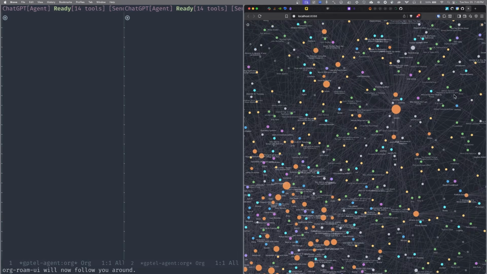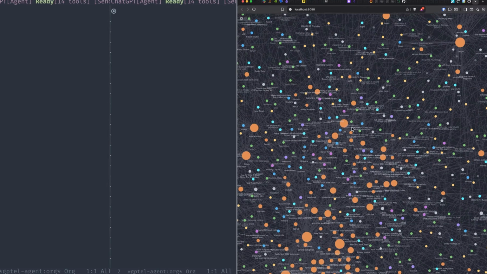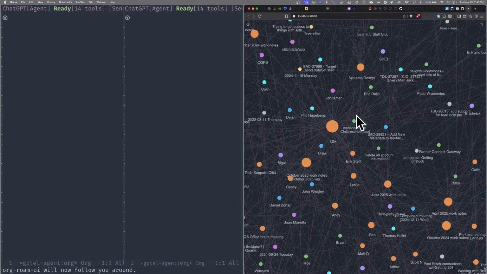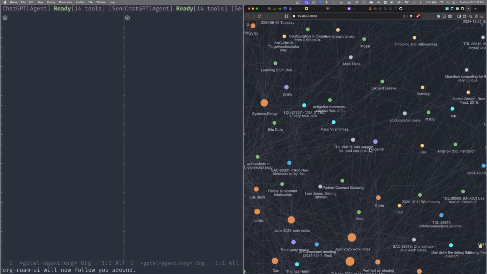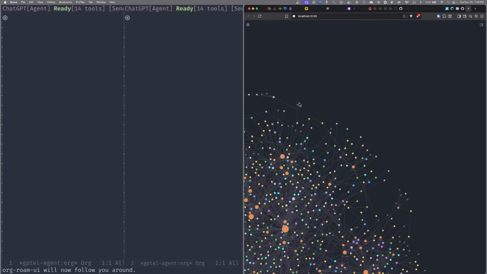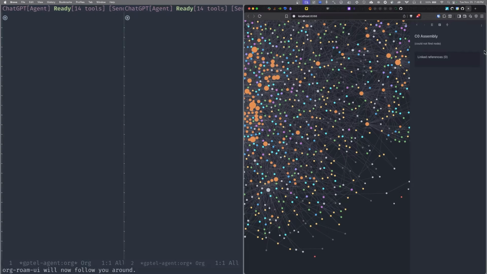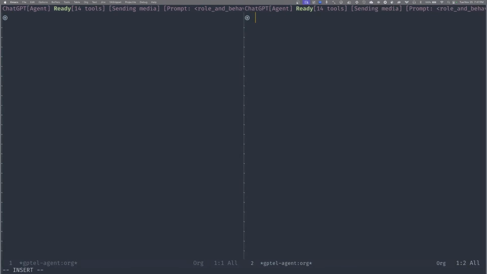Every single node is here, and they are interrelated. It looks impressive, but this actual UI is not as practical for me personally. I use it mostly to find orphan nodes, nodes that for some reason are not linked to anything. So anyway, let's see if we can let gptel-agent analyze some of my nodes.